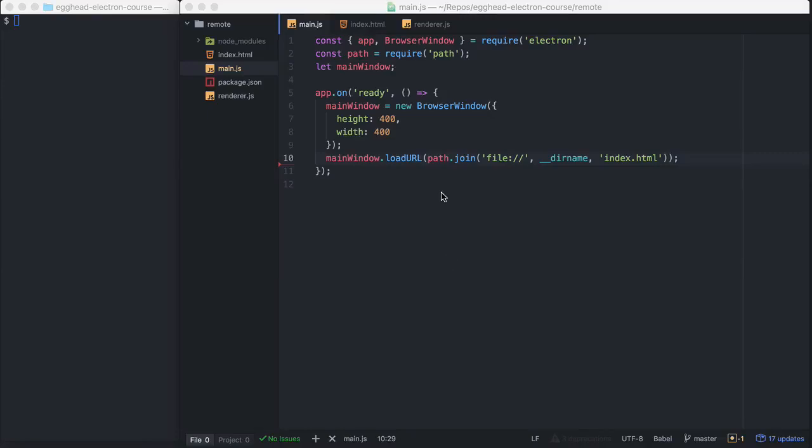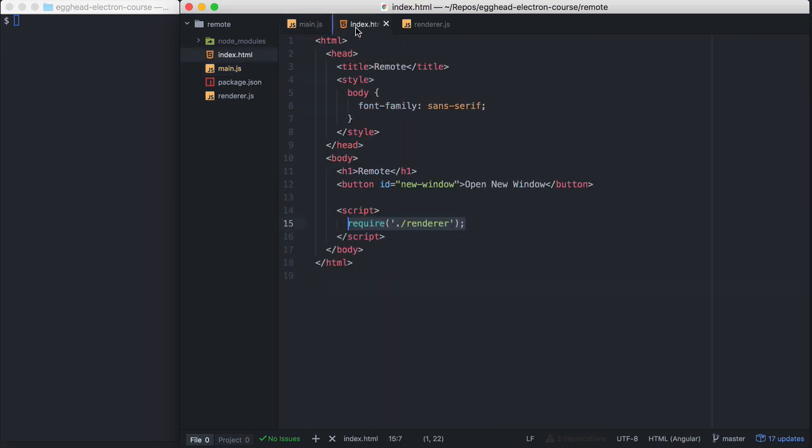So we already have a really basic main process set up. It's creating a browser window that loads index.html. In our index.html, we have a button that when pressed will open a new window. And then we're requiring in our renderer.js file. So let's use remote to see how we'd wire up that create window button to open a new window when